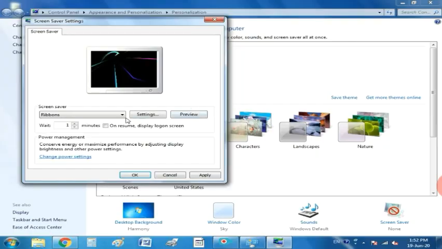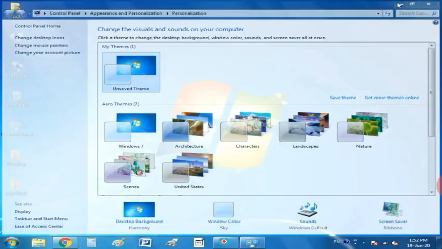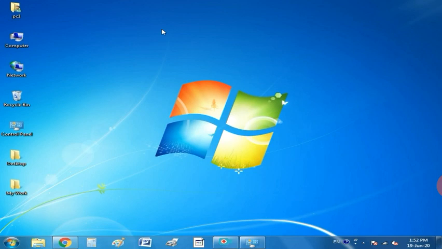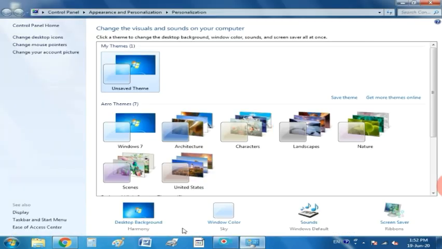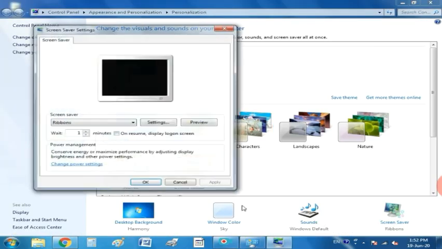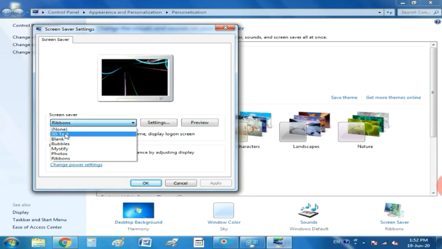As you can see students, the preview of this screensaver. Then students, click on the apply button and then click on OK. So after clicking on apply or OK, what will happen students? It will get displayed on the monitor screen when there are no keystrokes or mouse movement for a specified duration. Clear? Now again I am going to select 3D text.